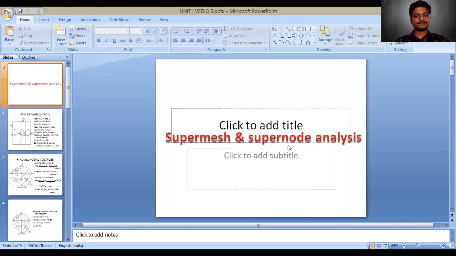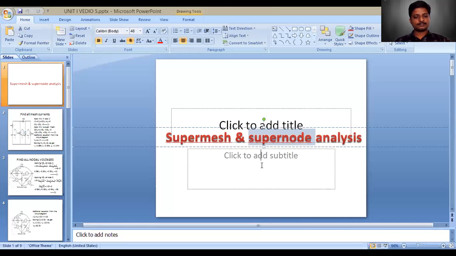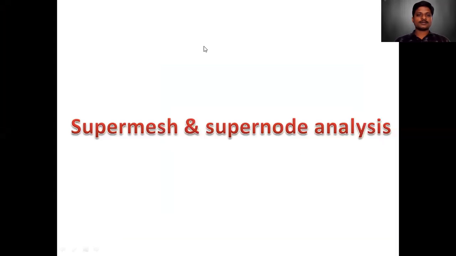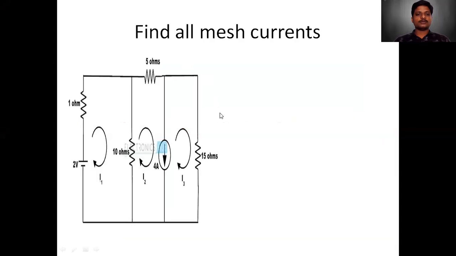Here you can see the super mesh and super node analysis. So first we will be looking into super mesh analysis. So in this example, you have to find all the mesh currents. So when you look into the circuit diagram,